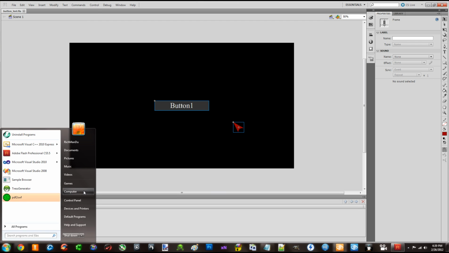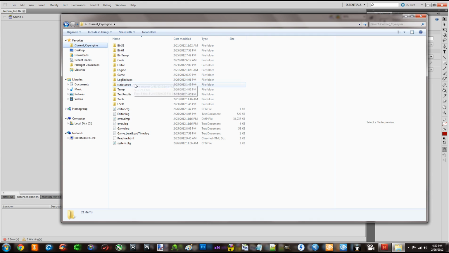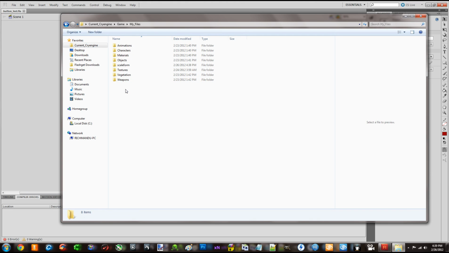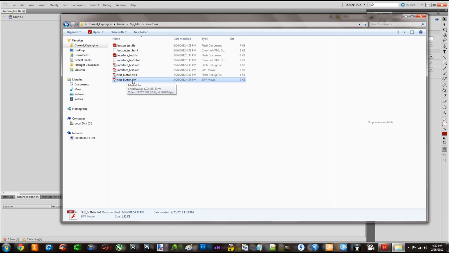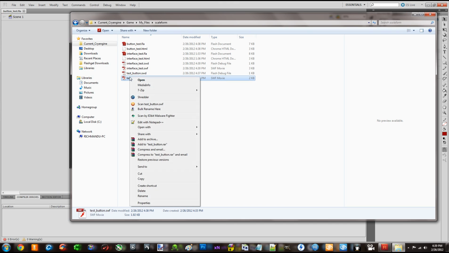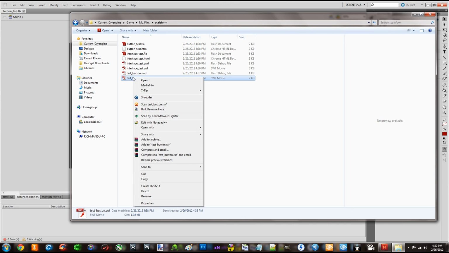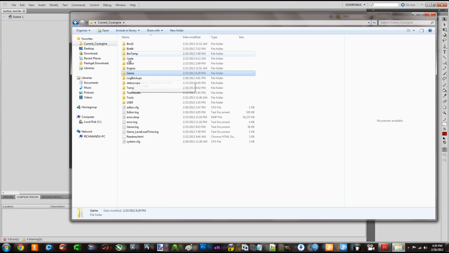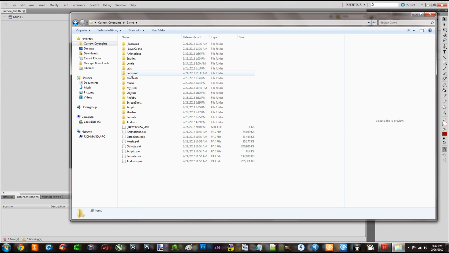If I go to my CryEngine directory, game, my files, scale form, you can see button test is the Flash file, FLA, and then test button SWF. Once you've done this, you're going to right click on your SWF file and copy. Then you're going to go into your CryEngine directory, game, libs,